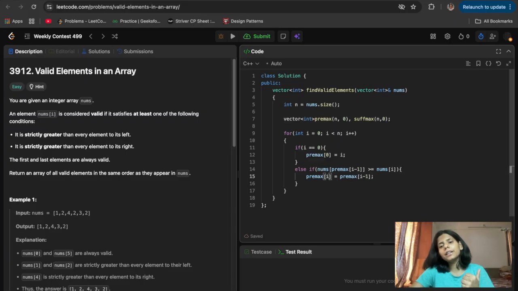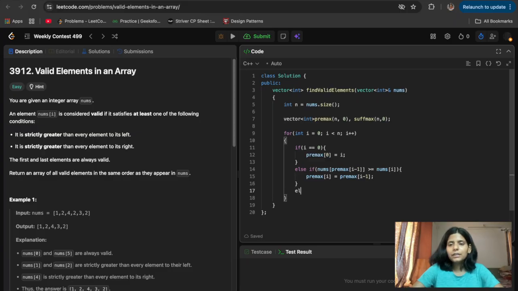That is the only premax at that i. That one is the greater, because right now the number I have, nums i, is not strictly greater than the previous max which I found. So I did this: premax i is equal to premax i minus 1, which I found previously.